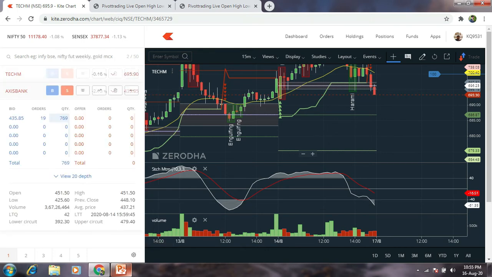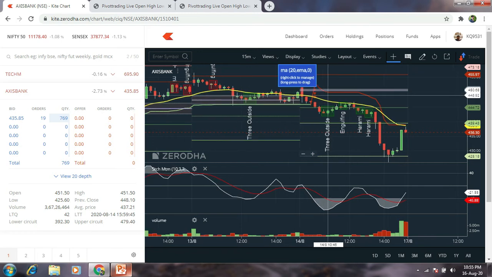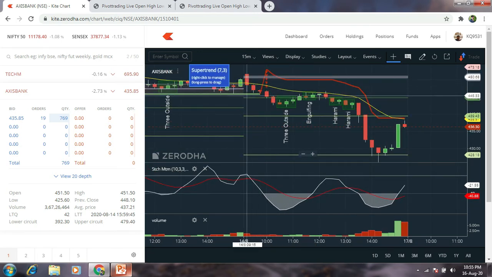Okay, what happened in open is equal to high strategy? So you consider today is a red day and you are going to pivottrading.com and you are selecting the stocks open is equal to high, considering this is a red day. And what you will do, just open the chart of this. Yeah, you can see here the first 15 minutes candle. You are waiting till the first 15 minutes candle to break out.